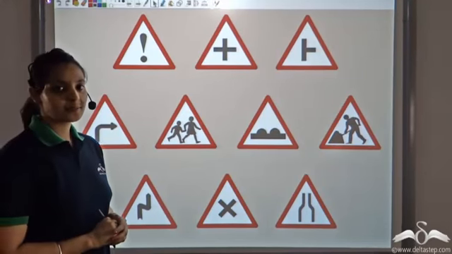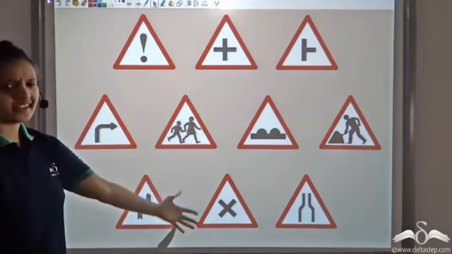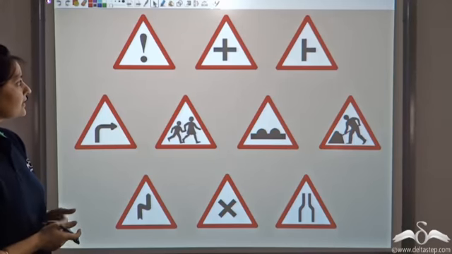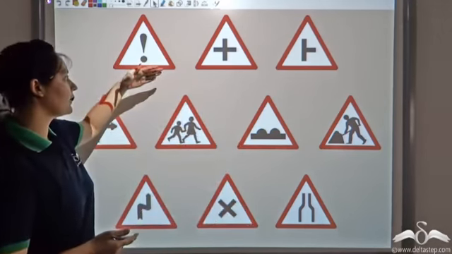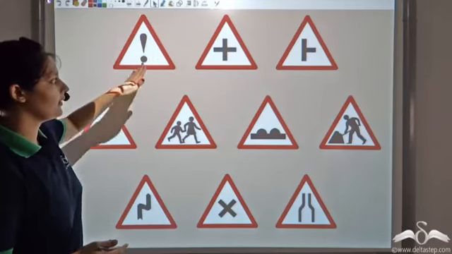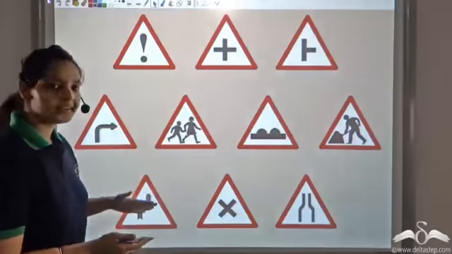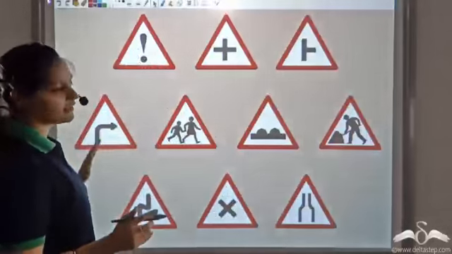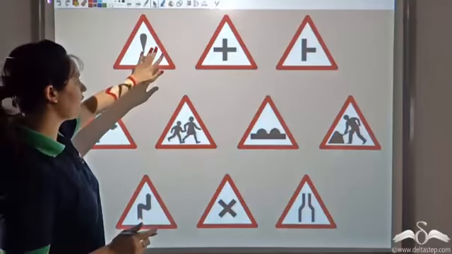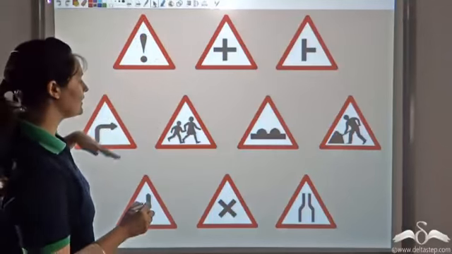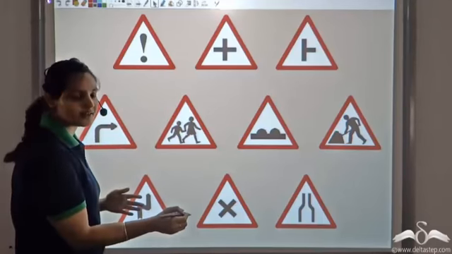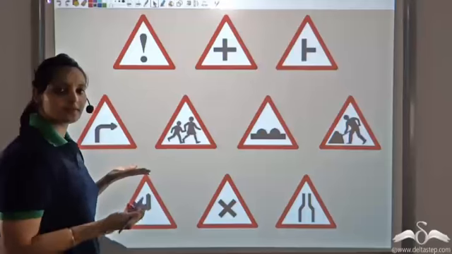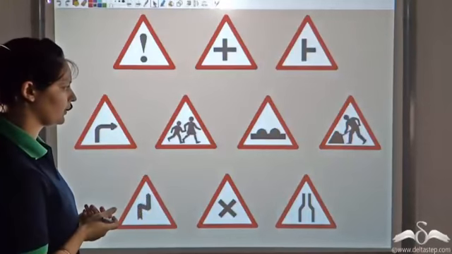For a social studies project, Amit had to make these 10 different road signs. What he observed is that in each case he is to make a triangle with a red outline. The only thing that is changing is the symbol inside. So he decides to make 10 different triangles with white chart paper and red tape. And then he says that after making these 10 triangles, he would make whatever sign he needs in the center with a black marker or sketch pen.